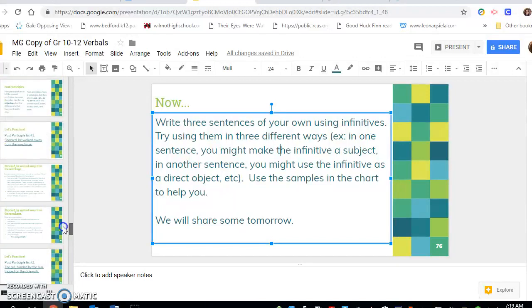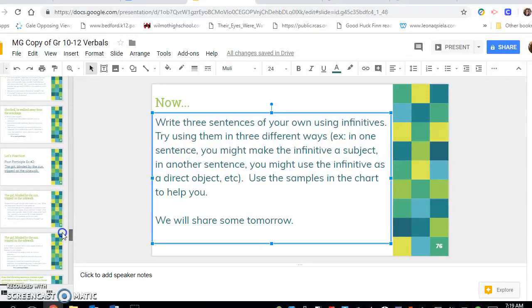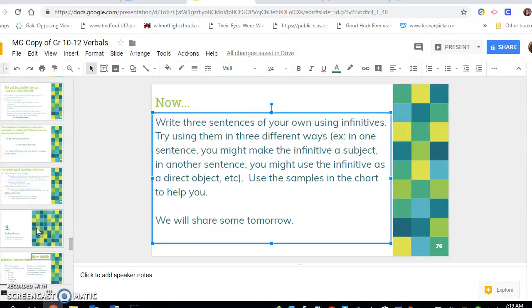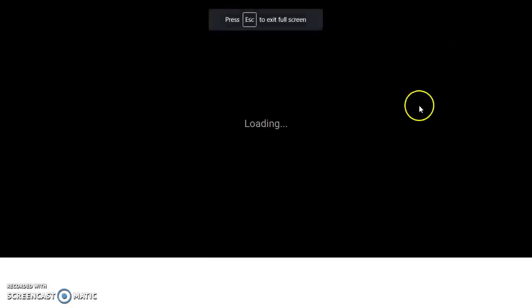So, I have a sick kiddo today, so I'm going to do the infinitive notes with you through our little